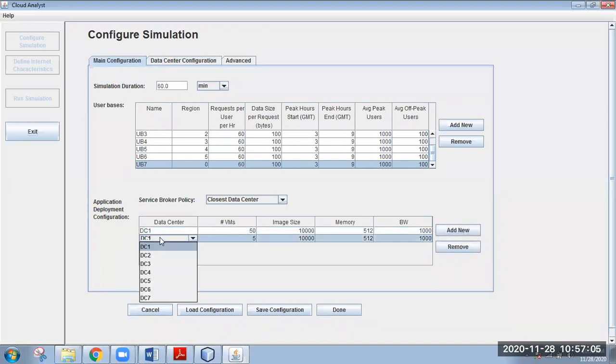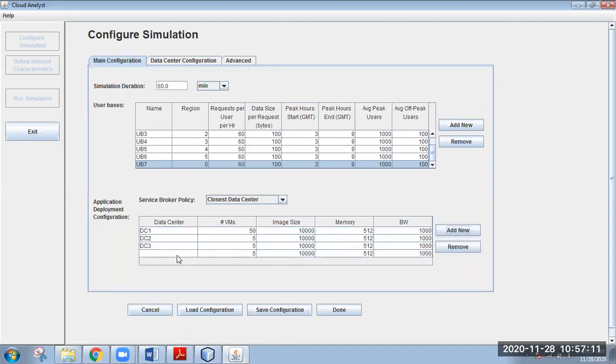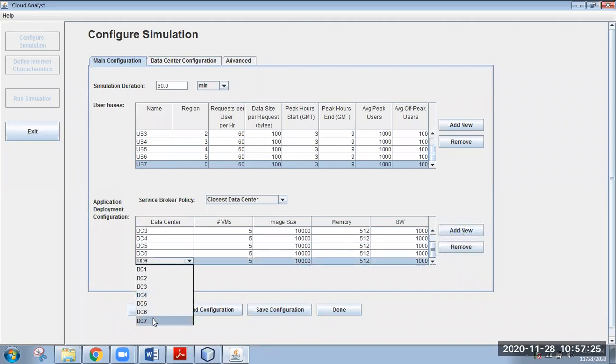So let me add data center 2, add data center 3, let us add data center 4, add data center 5, add data center 6, and add the last data center, that is DC7 in region number 4.